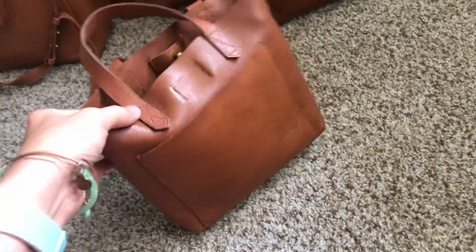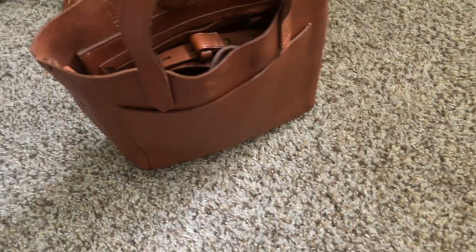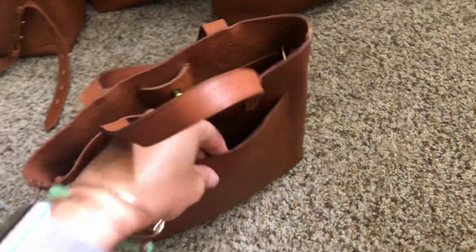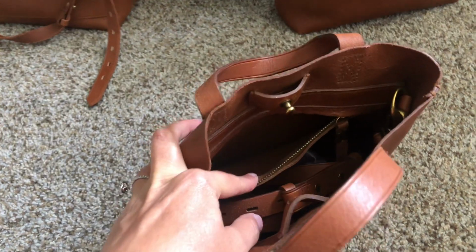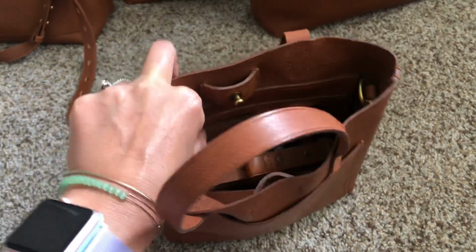The only time I use this bag is for when I go to Kings Island, which is an amusement park around here, because I don't carry that much when I go there. And it has a cell phone pocket. I can just drop my cell phone in the front, and then I use this section, like I'll put my one credit card and my driver's license and my kids' passes in this pocket, and I can zip that up. And then in this section